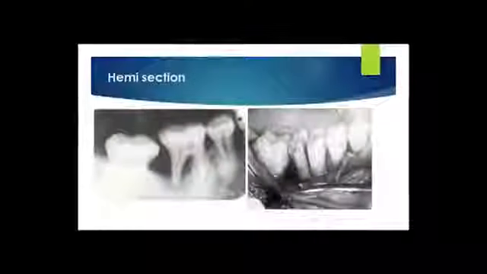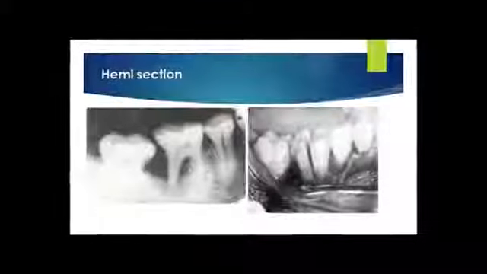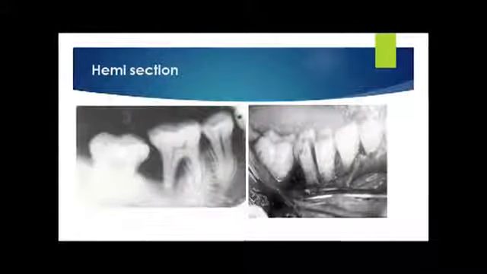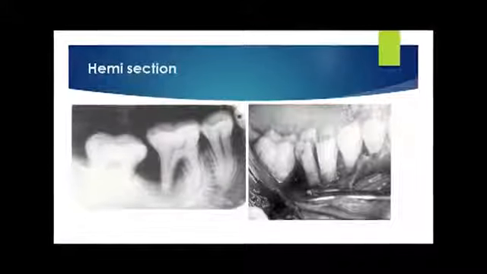You understand? As compared to a hemisection, in which case you're going to remove the whole of this part which is hanging. So the contact between this and this is lost. And if you're going to put a crown on this tooth, you're going to make a very ugly, if not, I don't know, the pontic that is going to result out of this work, if you want to maintain the distal contact, is going to be very, very problematic. So that's where amputation might win over hemisection.